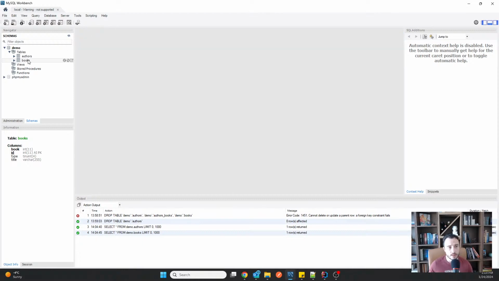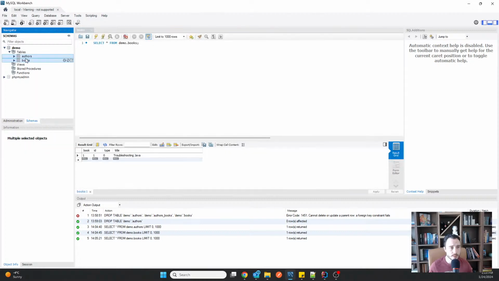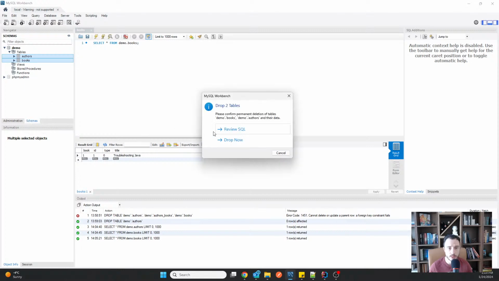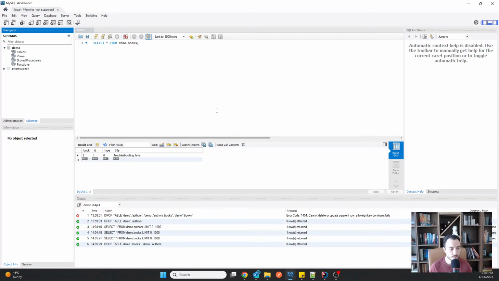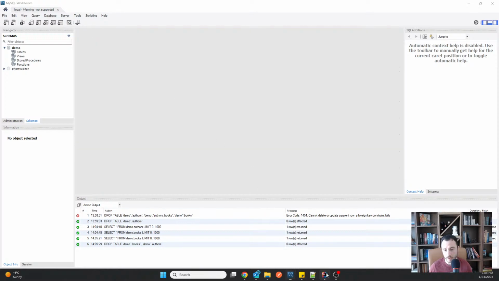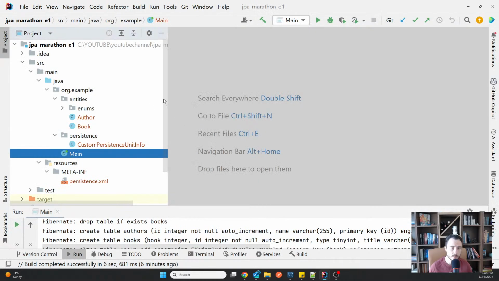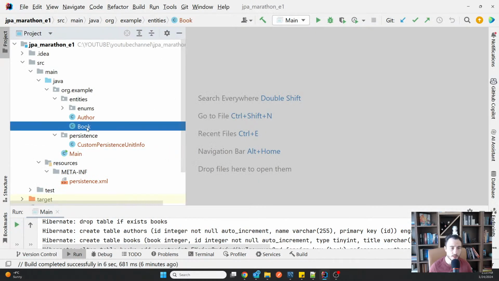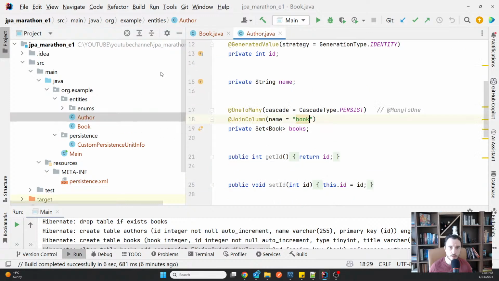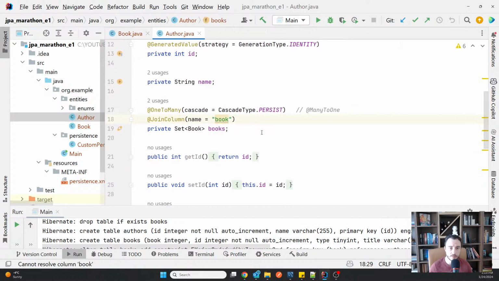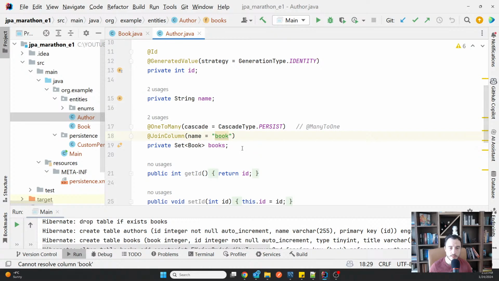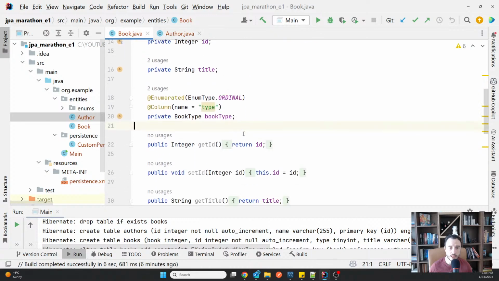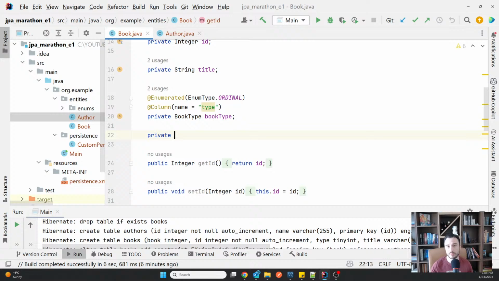Good. So I went here and everything is in place, and I want now to create the bidirectional relationship as well. So going here in the author, we have the set of books, and now in the book I have to provide it with the author to have it on both sides.